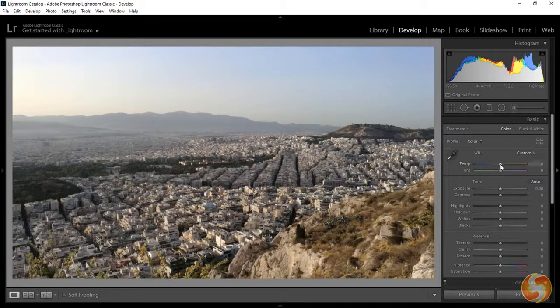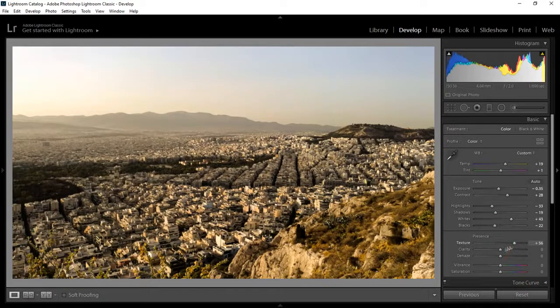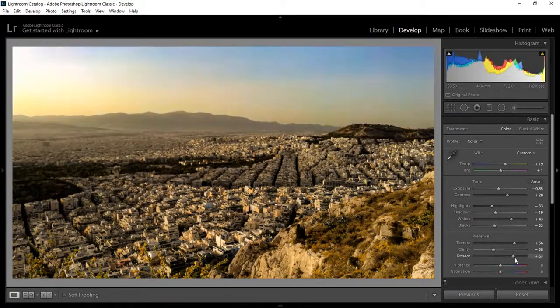Inside Basic, you find the most common adjustments to improve the photo, such as Temp and Tint to apply color filters, Exposure and Contrast to correct these levels, and Highlights, Shadows, Whites, and Blacks to correct the brightness level on both dark and bright sides of the photo. Then use Texture, Clarity, and Dehaze to remove blurriness and haze, and also enhance the weaker colors with Vibrance,